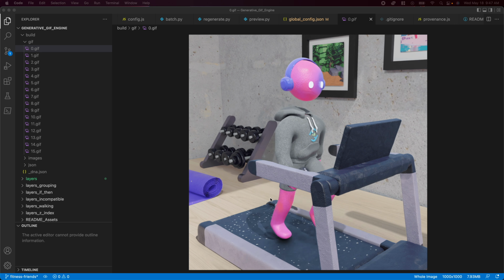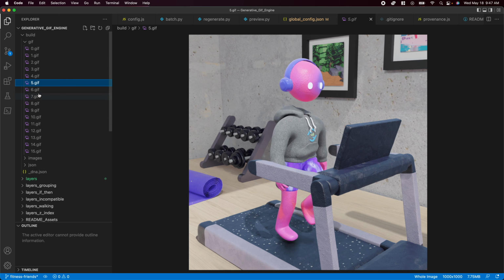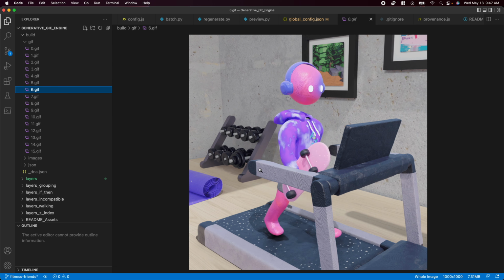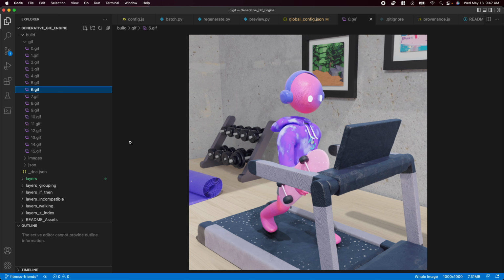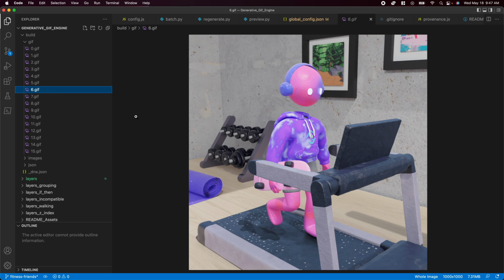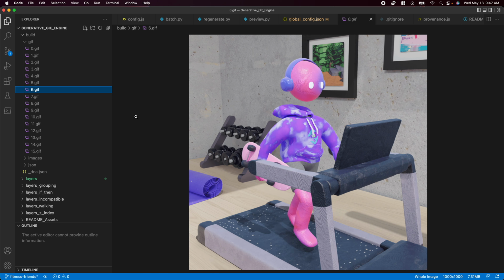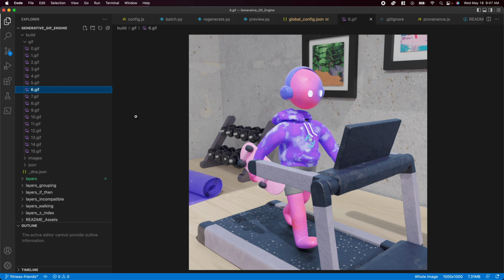And if I click on one of these other GIFs, we can see that the accessories will change. And the accessories actually have shadows. So the water bottle and the skateboard. The skateboard has a shadow layer. So this is all using a generative engine that basically finds different combinations of the layers and stacks them on top of each other. This is just one example of the poses and of the accessories that we're going to